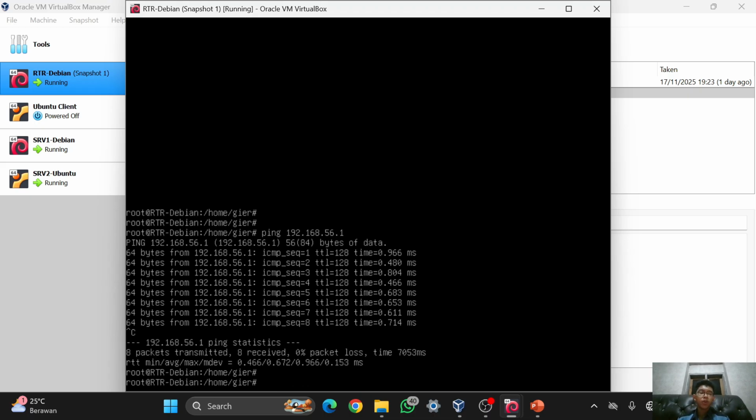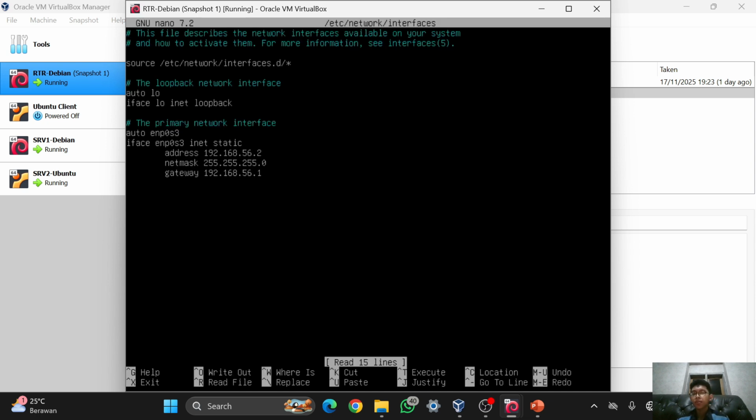Next, I will set the IP address that connects to the Ubuntu client and the internal network of net2, which is server 1 Debian and also server 2. I will open again nano /etc/network/interfaces, and I will add again auto enp0s8.